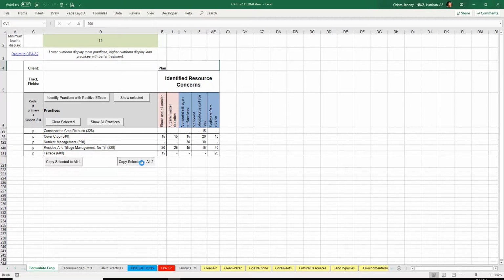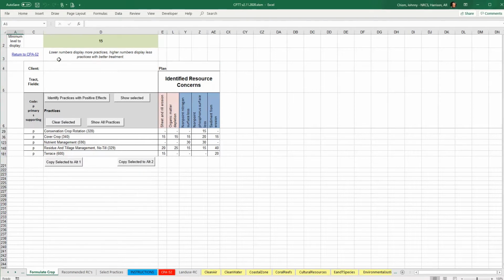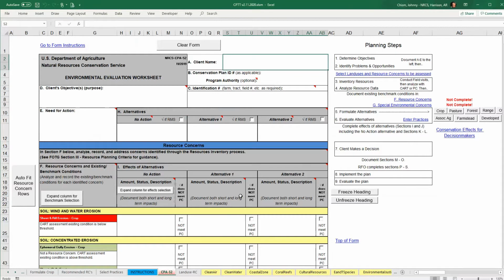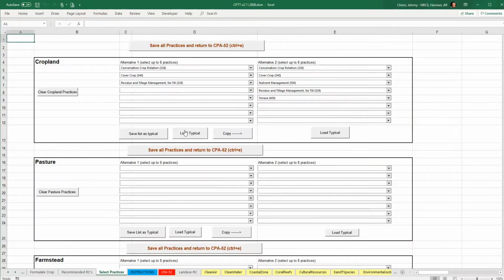Once I've done that, I'm ready to go back to my CPA 52 page, so I'm going to hit Return to CPA 52, and nothing seems to have happened here. You can also go in, and once we're done with these formulating alternatives, our next step would be to evaluate these alternatives. So I'm going to click on the Enter Practices, and there is a table for each land use. And notice, since I added these practices in the